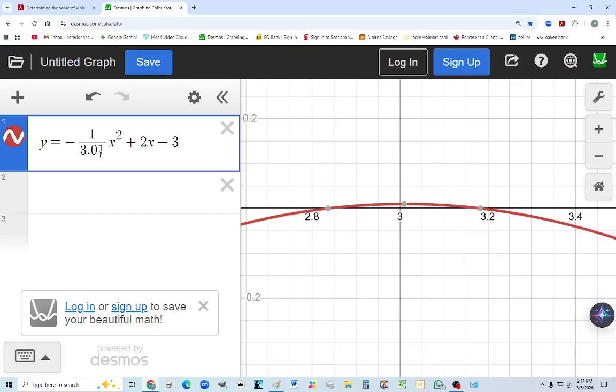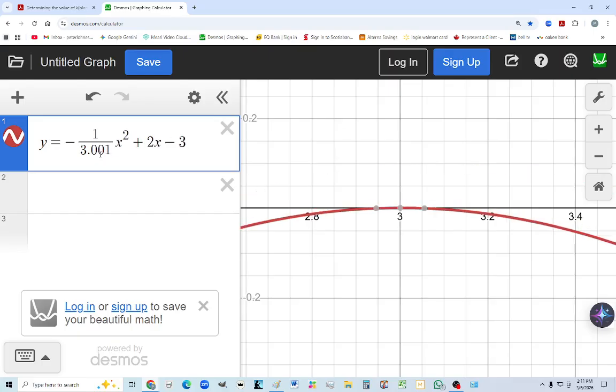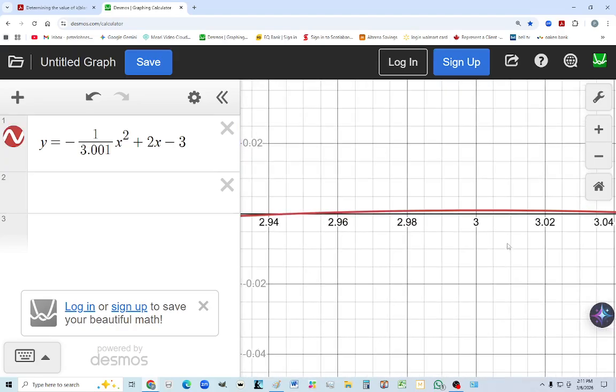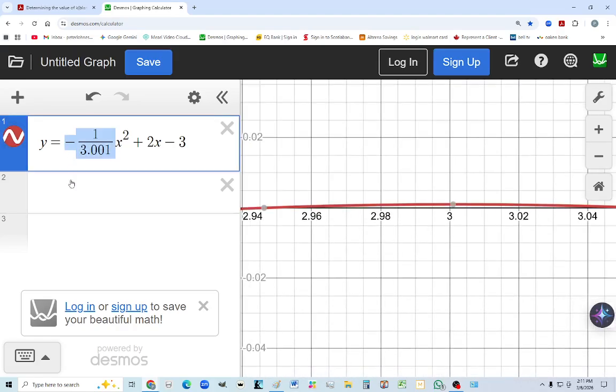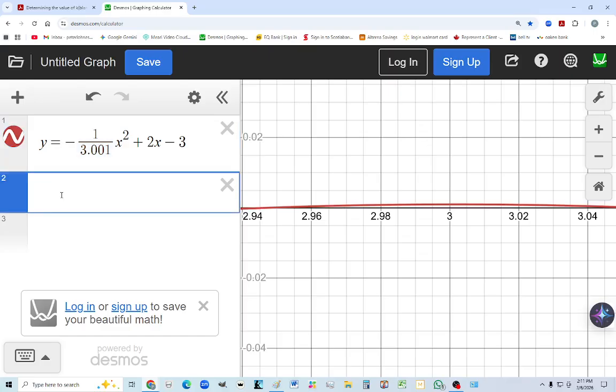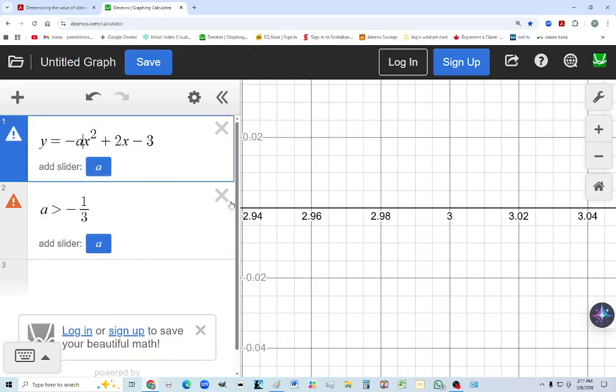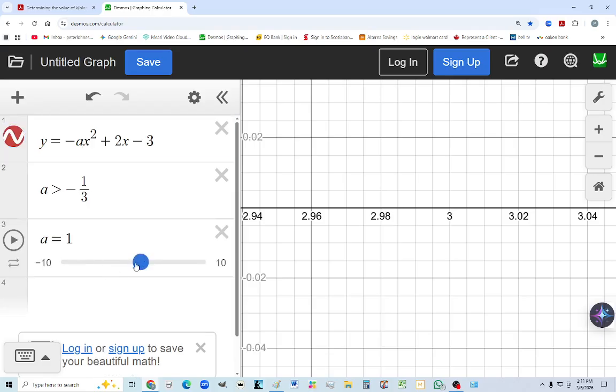You know, even 3.001. Can't see it, but it's there. So you can see that any number, therefore, when this a is bigger than, bigger or equal, negative a third, this is true. So we're going to add the slider a, and we're going to look